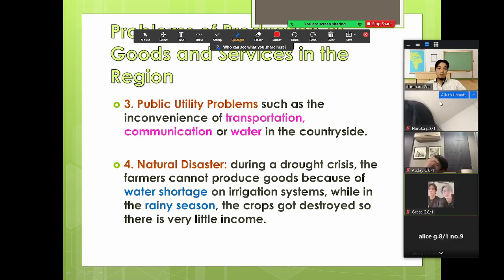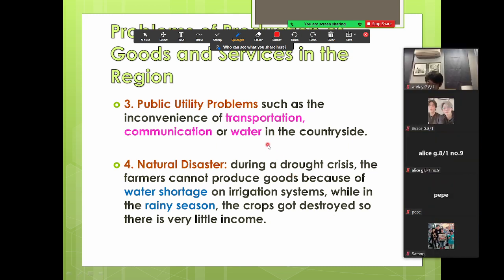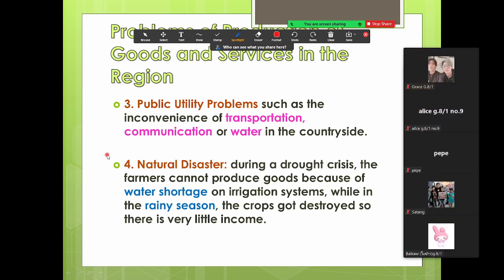When they say drought, what does it mean by drought, Haruka? Drought means dry. Yes, very good. So there is not much water, or not much rain, or let's say there is no rain. That's why everything goes dry, and of course you can add the heat. So if there is drought, the land is not good for planting crops, because there is also a shortage of water in irrigation systems.